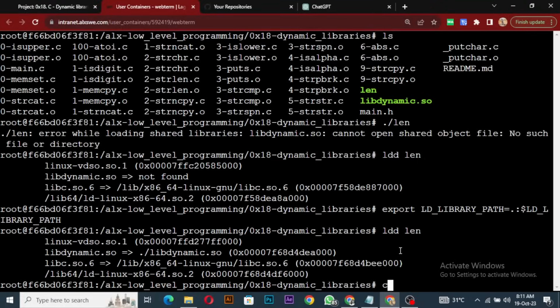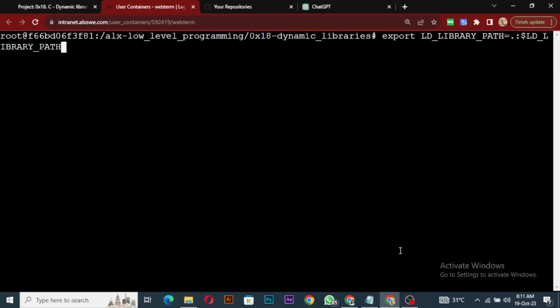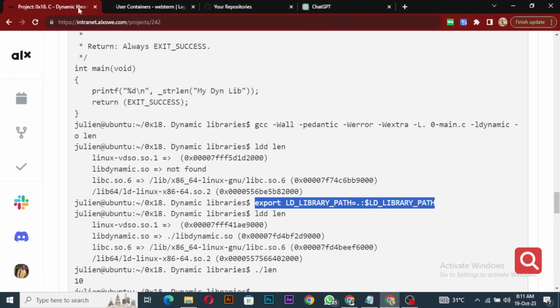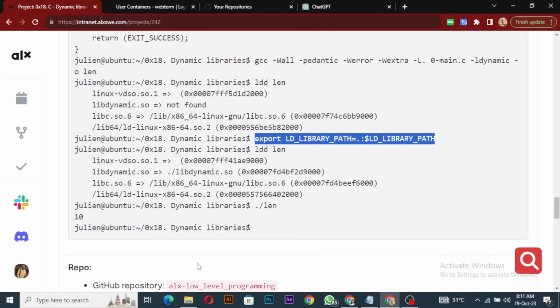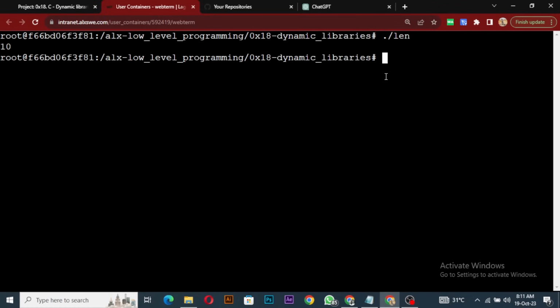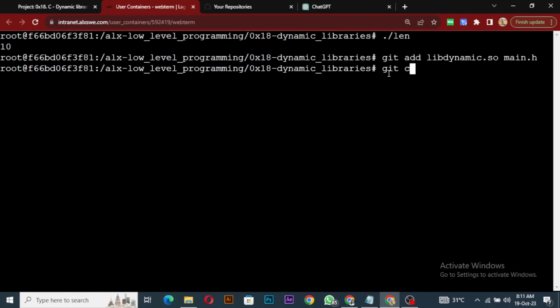So let us clear our screen and run. So we run, and we have 10 as our output. So basically this is all for this task. We don't need to push all our work, we just need libdynamic and main.h to be pushed. So we can just say git add libdynamic and main.h, and then git commit,